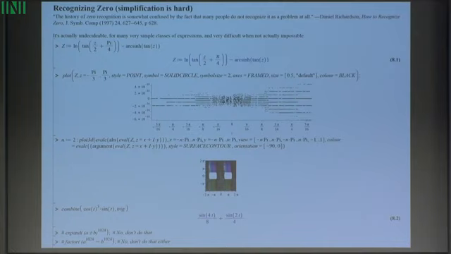There's a lovely paper by Dan Richardson called How to Recognize Zero. And he says, the history of zero recognition is somewhat confused by the fact that many people do not recognize the problem as a problem at all. And how could you not recognize zero? Zero is zero. Well,